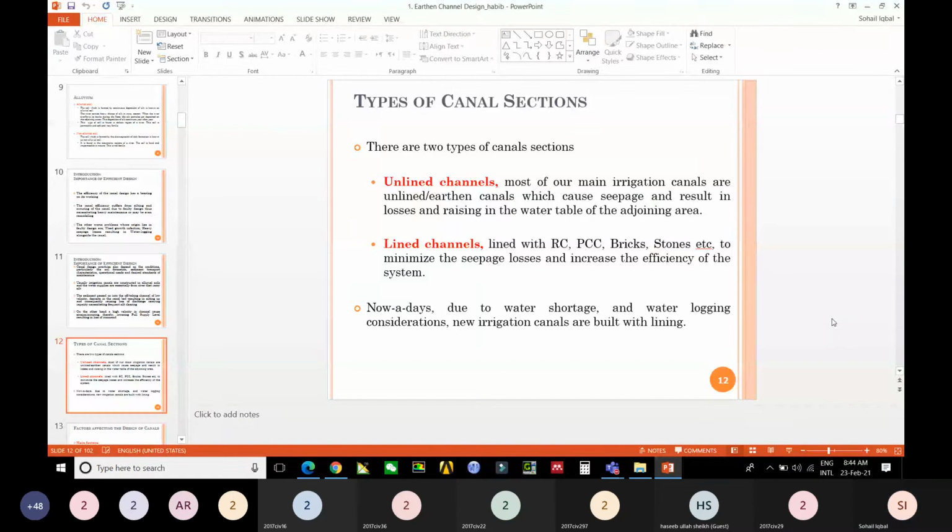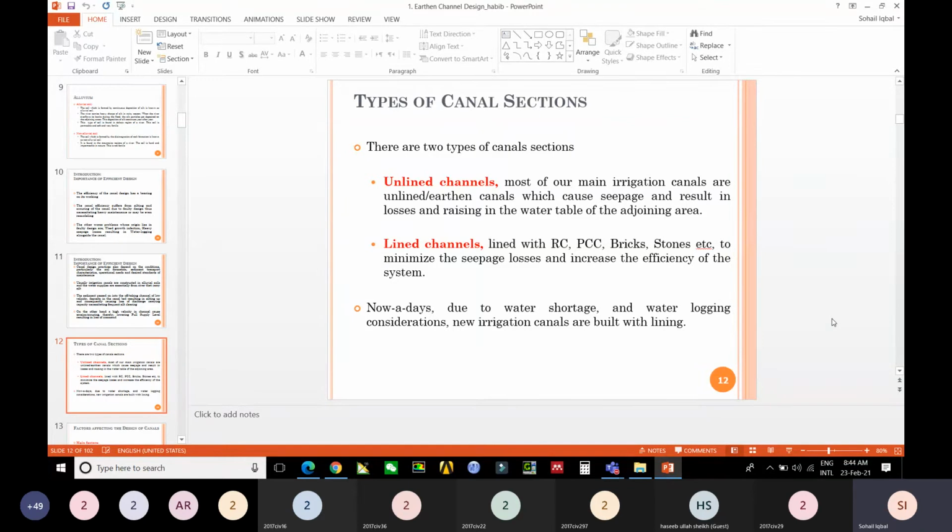So lining may be RCC, PCC, bricks and stones, to minimize the seepage loss and increase the efficiency of the system. Okay, so lined channels are the most important channels and most commonly used. And in Pakistan nowadays, because of water shortage, we observe that there is a water shortage. So definitely we will start to